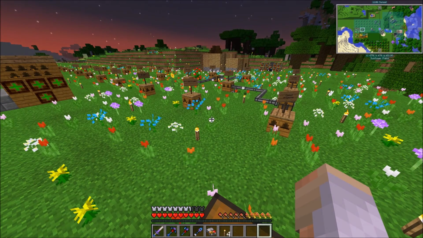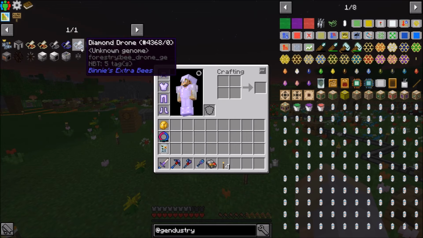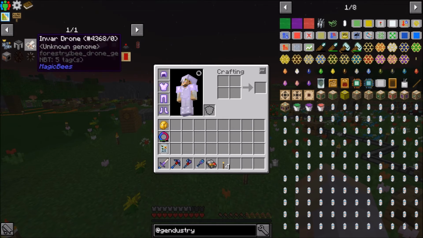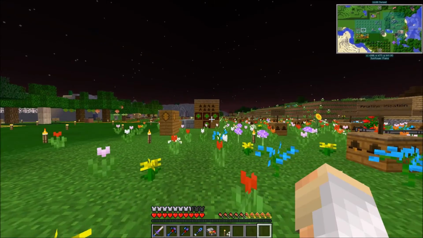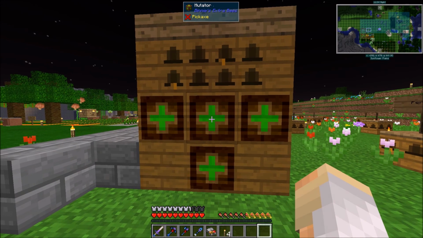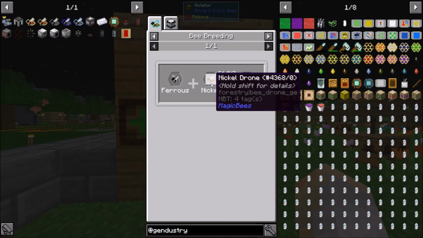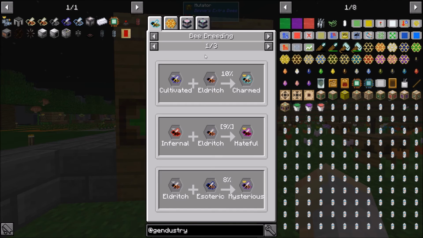Now, I have been hard at work trying to get all of our stuff working here. I've been trying to breed up to the diamond drone here, as well as the Invar drone, which requires nickel, which requires ferrous, then esoteric. That's the one I'm stuck on. So, last episode, I told you guys that apparently I lied about the mutators here, and apparently, 2 is not enough. That is maybe also a lie, because it turns out the esoteric is bred from cultivated and eldritch, but at the same